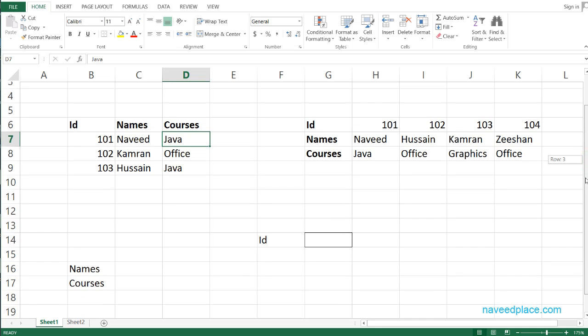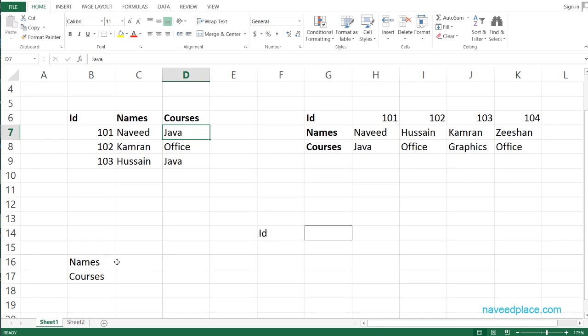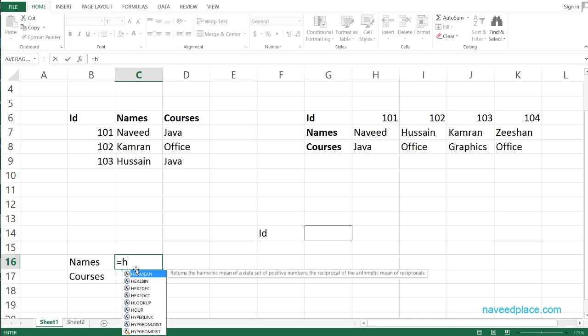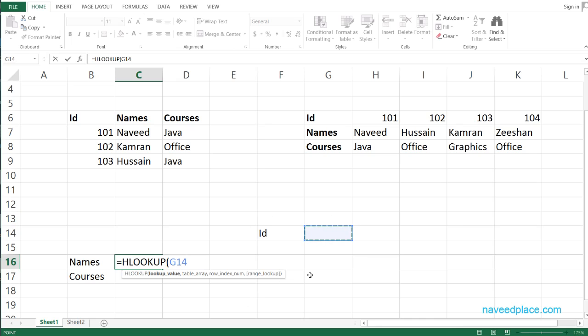It must be very hard for you to understand. Don't take tension, okay? Now I will teach you the syntax, and everything will become very easy for you. In order to start any formula, as you know, we use equals to. After equals to we have to tell the name of the formula, which is HLOOKUP. Then we have to tell the lookup value, meaning the cell where we will put the value, then comma, then we have to give the whole table,